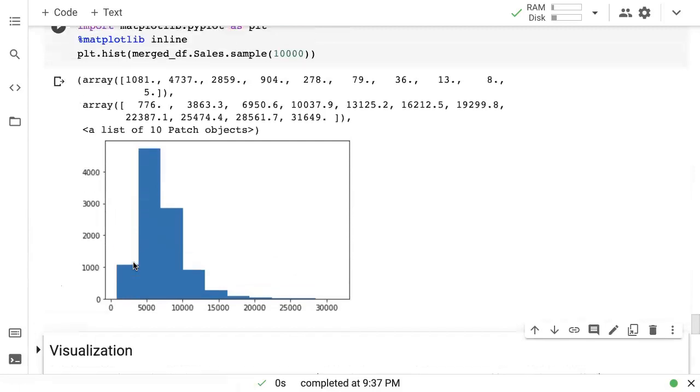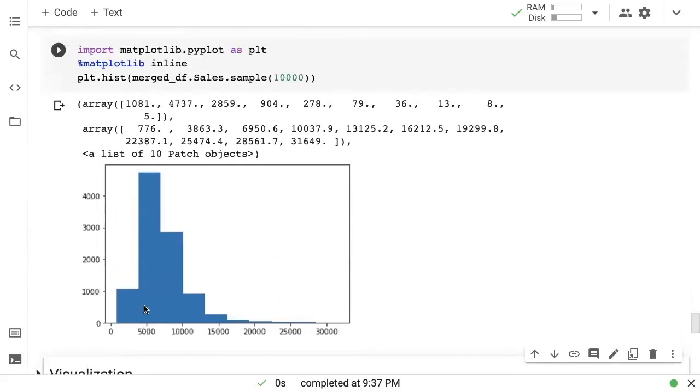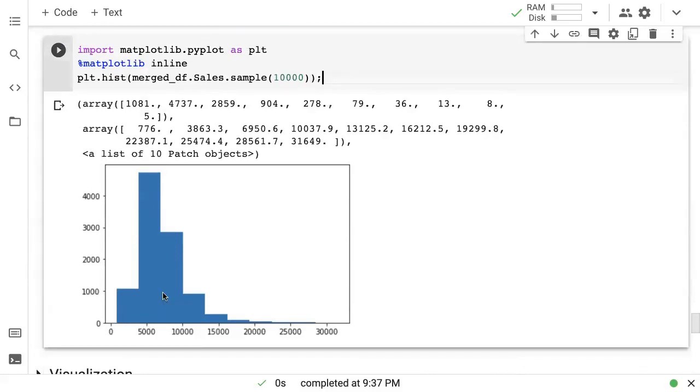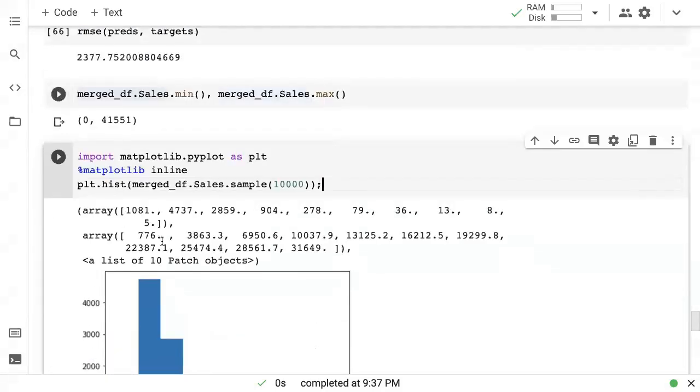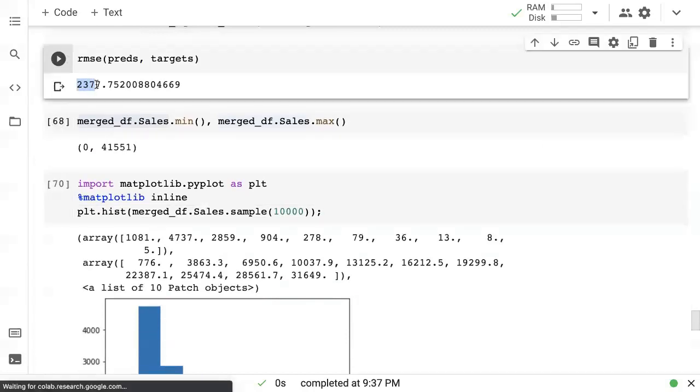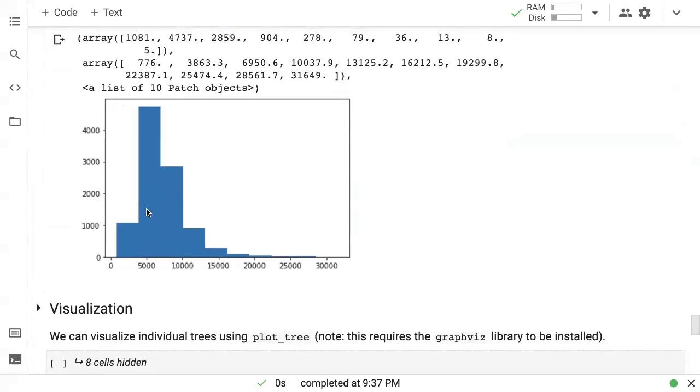Yeah, so this is what the distribution primarily looks like. It seems like most of the sales are around $5,000 to $10,000, and we are off by 2377, right? The RMSE is 2377. So that means our predictions are off by $2,300. And that's not too bad.